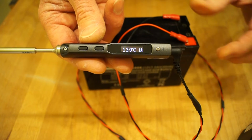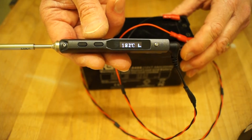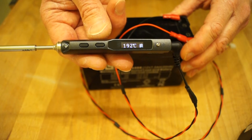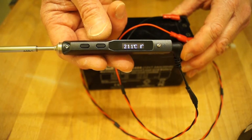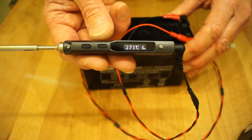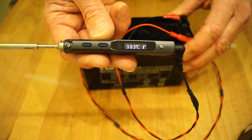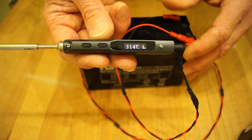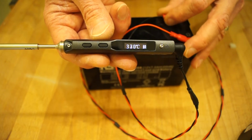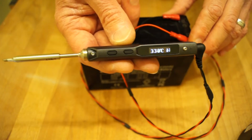As you can see, it's definitely running from the battery. There's no other power source involved here. It'll take a little while to get up to the temperature. I think I've got it set at something like 330 degrees. There you go, 250, 260, we're getting there. 280. Slowly ramping its way up, obviously with more amperage and a more powerful power supply. There we go. Reached temperature now, look, so the tip will be nice and hot,